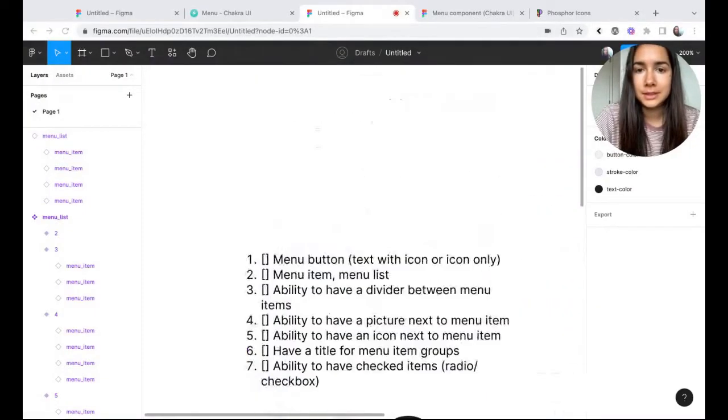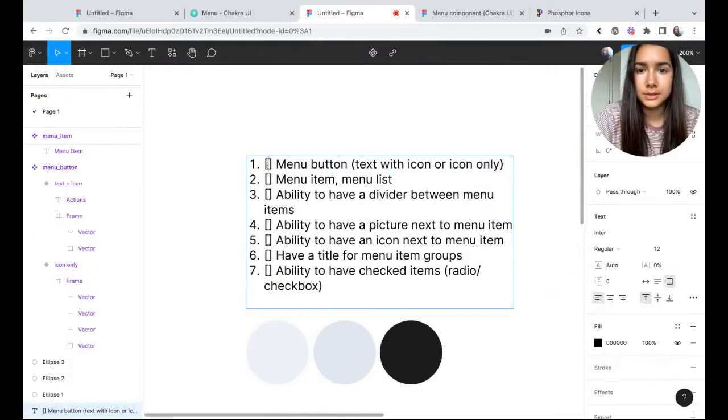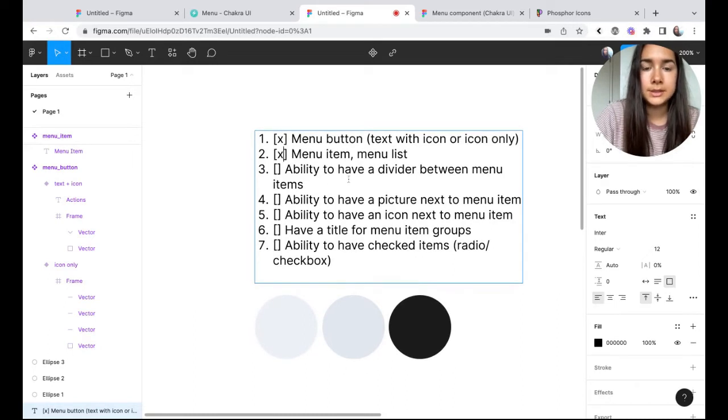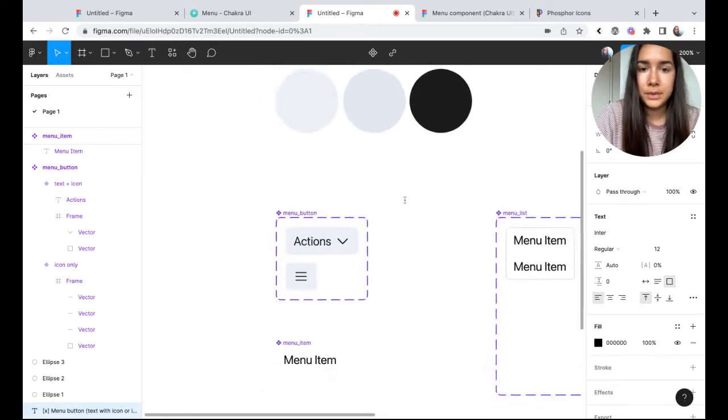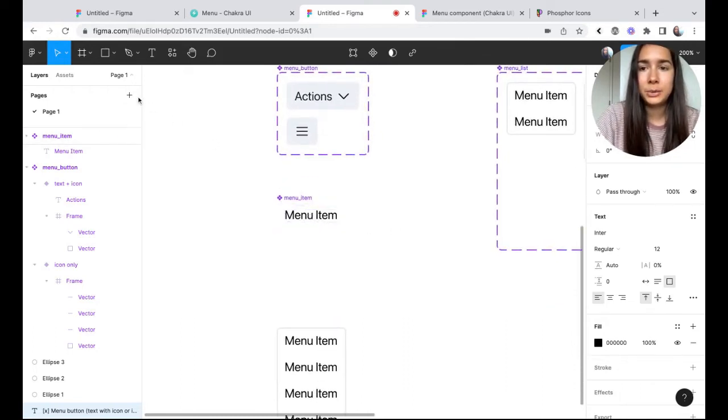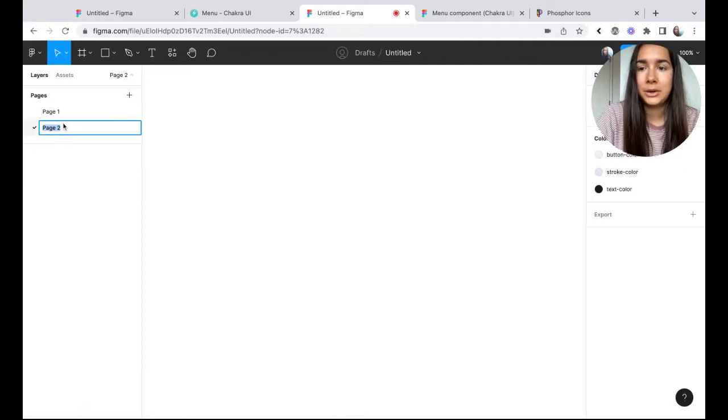Now let's revisit our list and see what we already have done. Okay, so we have the menu button with or without the text. We have a menu item and menu list. Now we can move on to adding several enhancements. So we will actually skip the divider one for now, and we will start with the icon and then the picture. So to prep us for adding an icon, what we're actually going to do is I'll create a page